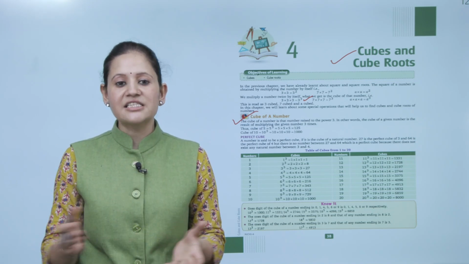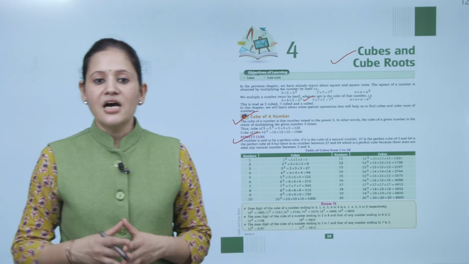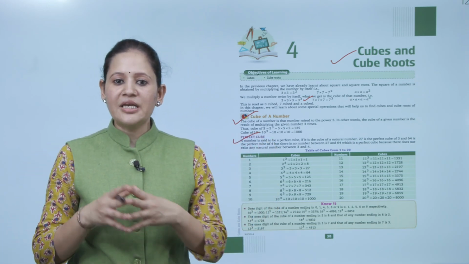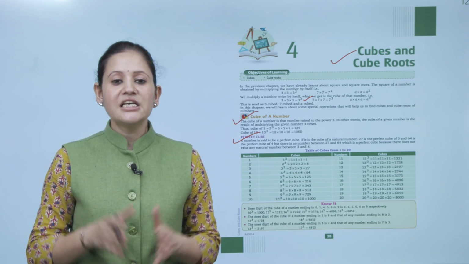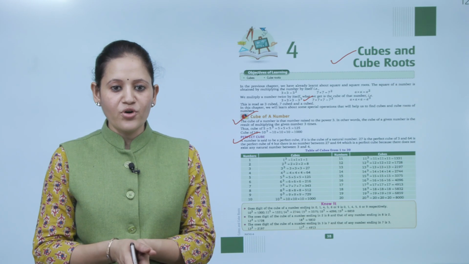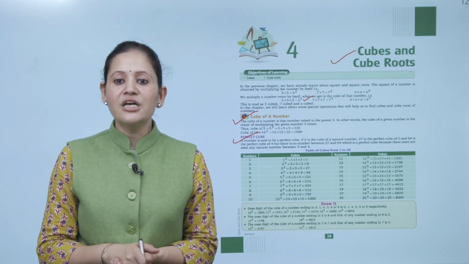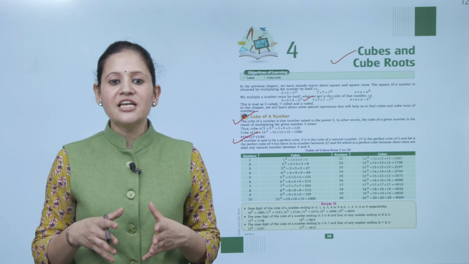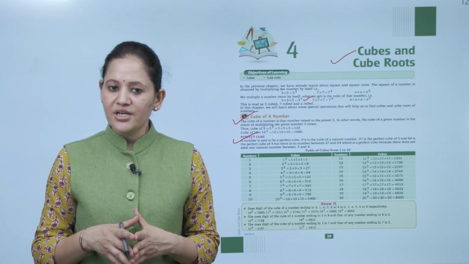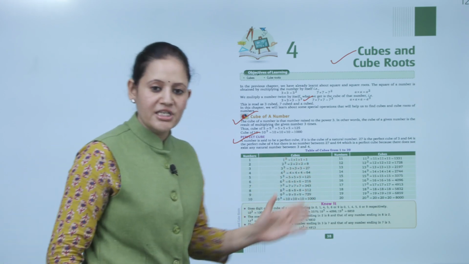is 1000. Next is perfect cube. A number is said to be the perfect cube if it is the cube of the natural number. 27 is the perfect cube of 3, 64 is the perfect cube of 4, but there is no number between 27 and 64 which is the perfect cube because it does not exist any natural number between 3 and 4. Clear? So here a table of cubes given 1 to 20.